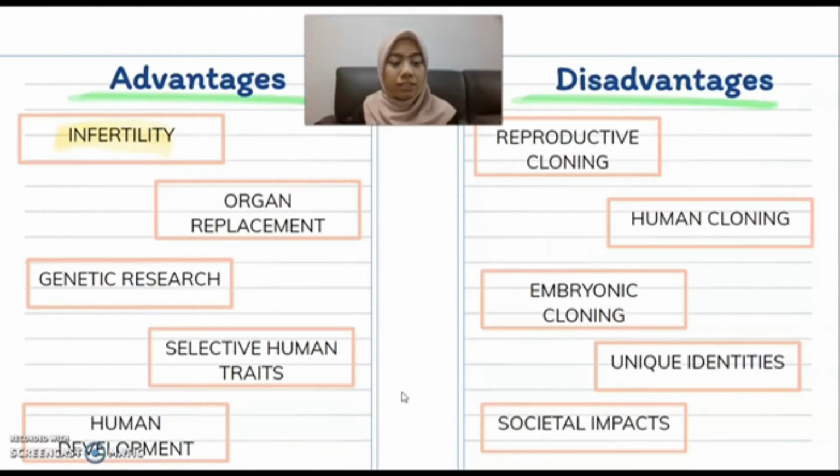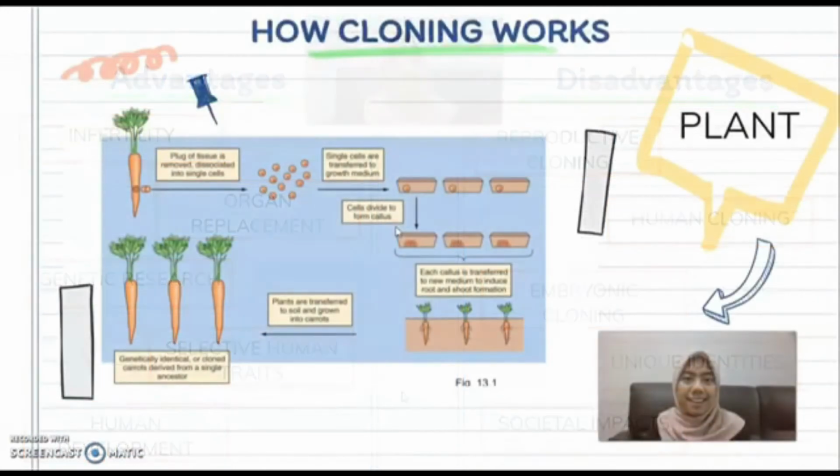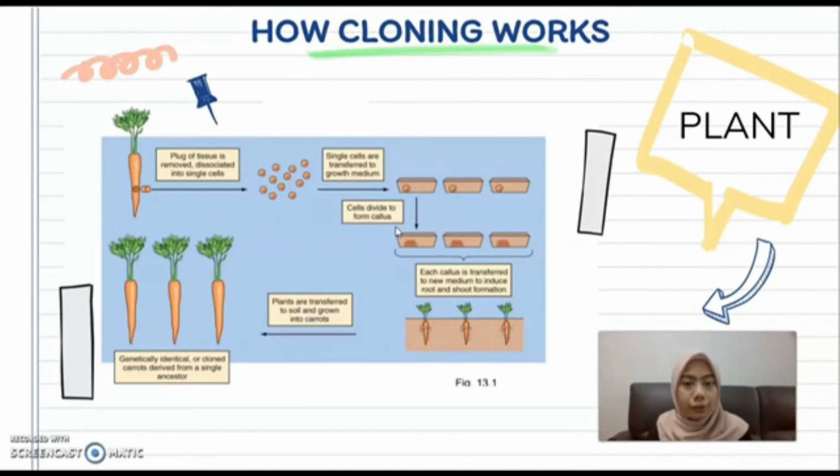Then, societal impacts. It can produce psychosocial distress between clone and humans. Okay, next. Next, I want to show you guys how cloning works in plant, animals, and humans. I will not explain in detail because you can read here. You can see here of tissue, then go into a box, then cell divide to form calculus, and then tada